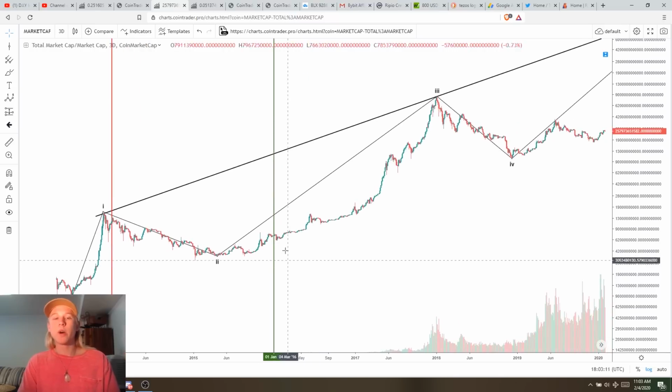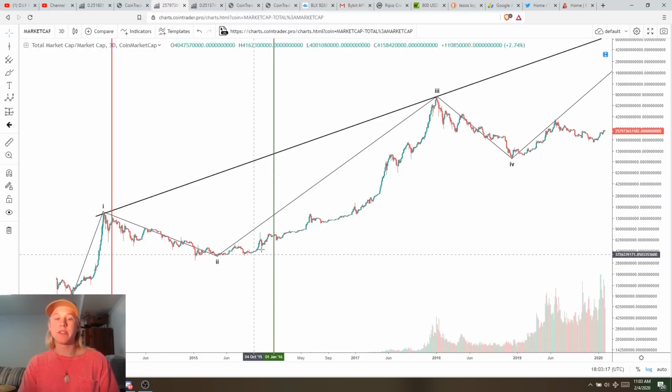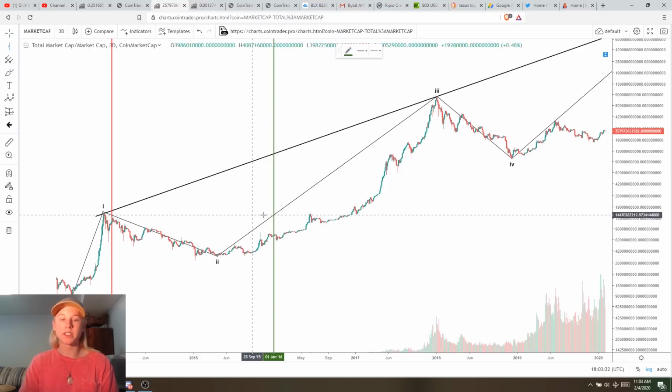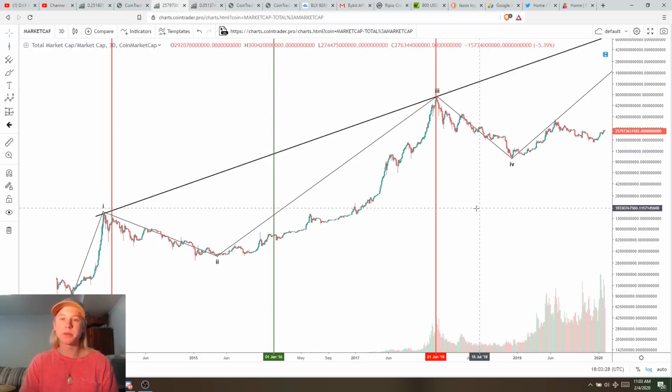Now, what happens next is we go into our 2-year bull phase. And so now we had our 2-year bear phase, that reversed with this move here. Now, this is where it starts a 2-year bull phase. So 2016, 2 years later, takes us to 2018. That would be January 1st. And this one's red because it's a bearish reversal.